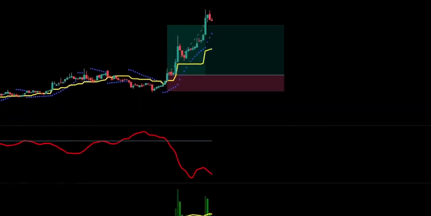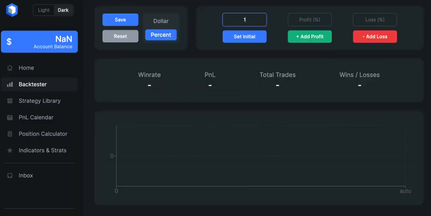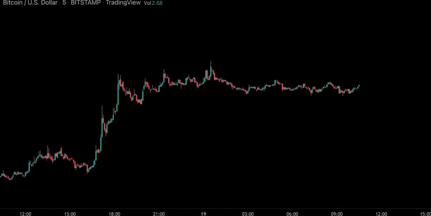In this video, I'm going to show you a high win rate scalping strategy that works extremely well on crypto, stocks, and forex. I'm also going to backtest it 100 times with an initial account size set at $1,000 and 2% risk per trade, so you can see for yourself how well it performs in different market conditions. Okay, so for this strategy, we're going to use Bitcoin 5-minute charts, and now let's go ahead and add our